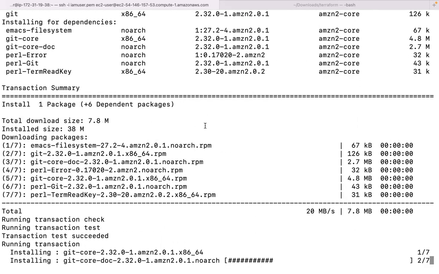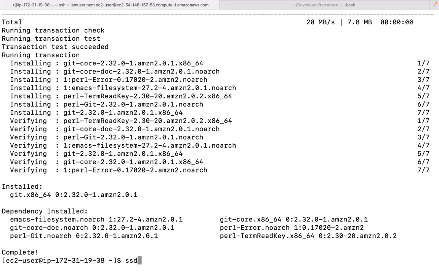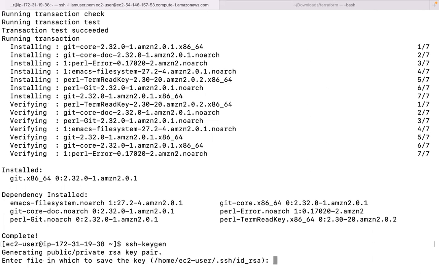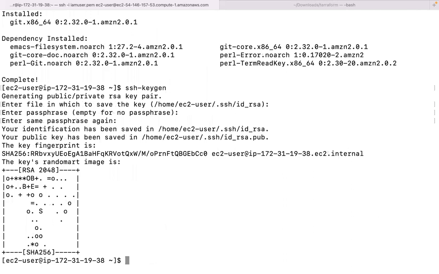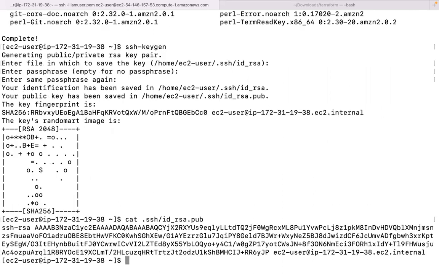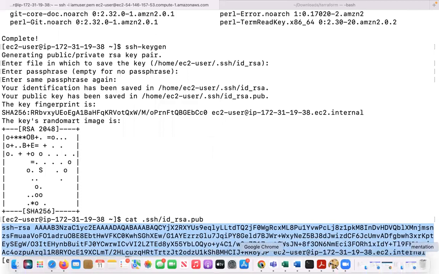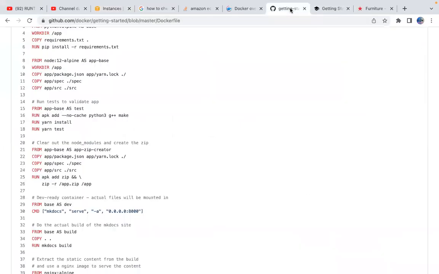Git, let's install Git. And let me generate a key so that I can clone the code. Now let's go to GitHub.